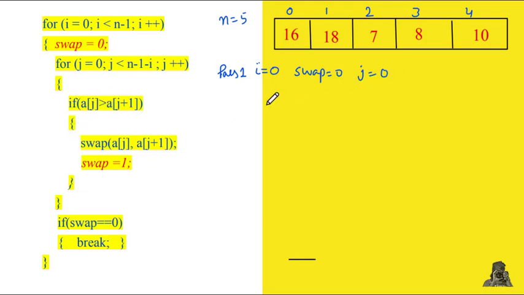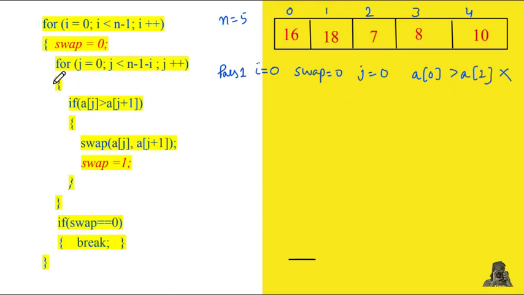And inside the loop we have to do the comparison. For the j value, which is 0 here, we check if a[0] is greater than a[j+1], which is a[1]. So these are the values 16 and 18. If this value is greater, it means they are out of order, and only then will we need to do the swapping. So in this first iteration of the inner loop, no swapping will be done, because this condition is false, because 16 is less than 18. So no swapping will be done, and it will move to the next iteration.